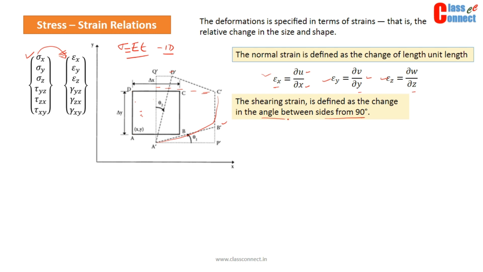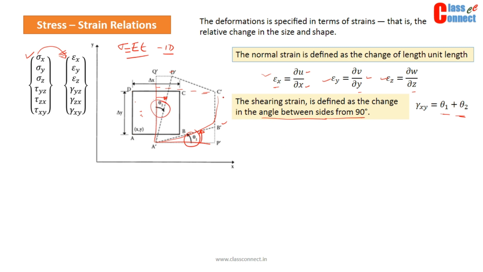So this is a very important definition of shear strain. In your opinion, how can we find out the shear strain for this particular deformed component? Please write it down and try to check what we discussed just after this. The shear strain for this case is theta 1 plus theta 2, because this is the total deformation that has taken place from the 90 degree. So this is a 90 degree angle, and the change in angle from 90 degree is theta 1 plus theta 2.